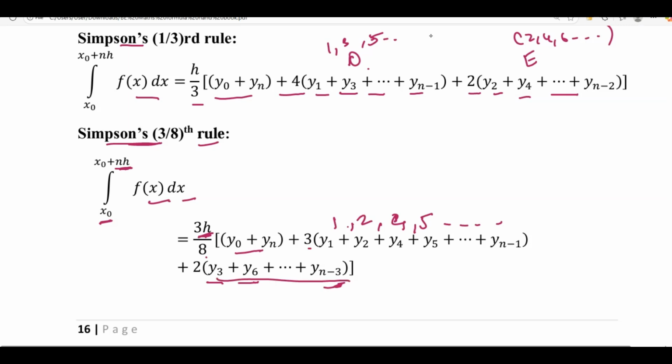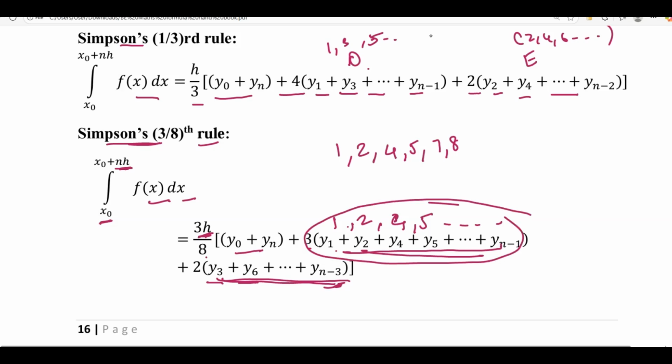Here you will be taking terms 1, 2, leaving the multiples of 3; you will take the other terms here. Only in the second term will you take multiples of 3, and in the first you will take terms other than multiples of 3. That is, multiples of 3, such as 3, we should not take. Then 4, 5, you take but 6 you will not, 7, 8 you take but 9 will not be there. So that way, a multiple of 3 will not be there in this term, and here you will be taking only multiples of 3, that is 2 into the multiples of 3.